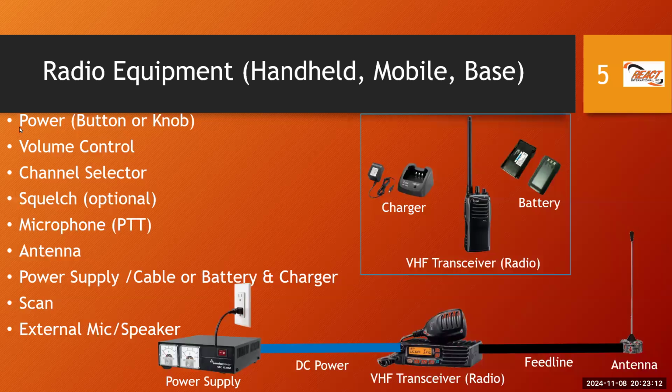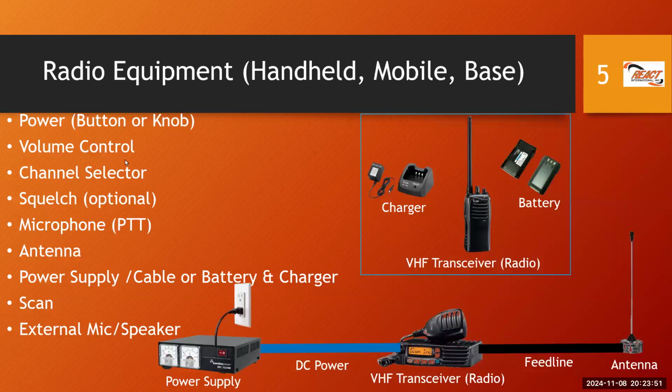It would be great for each piece of equipment that we use to have a standard ability to power up and power down, a power button. Volume control is another feature that a radio can have. Increase the volume level, reduce it. You don't want it too low, and you don't want it too high, because it will interrupt someone. Channel selector: maybe we have multiple channels, and certainly in REACT we may have a couple of channels that we can use and switch, and we'll come to simplex and repeater operation. Maybe we want to operate short range, so we'll select simplex. Maybe we want wide area, so we'll select repeater.